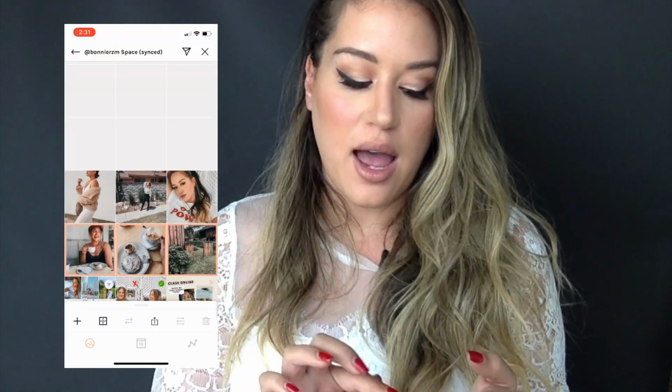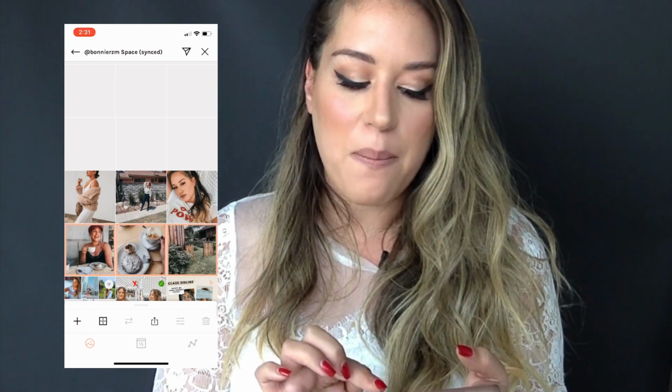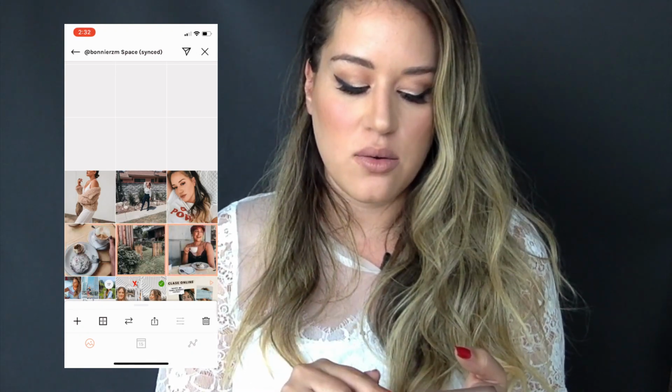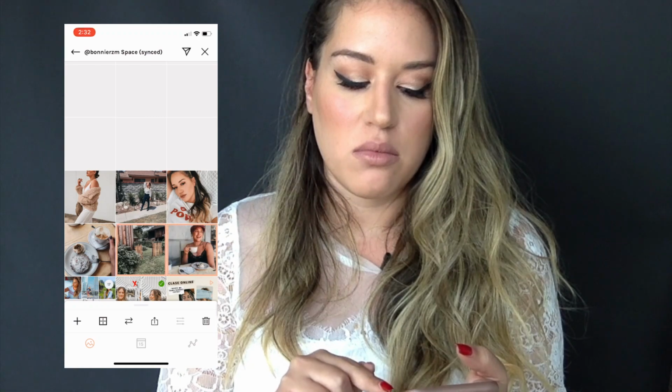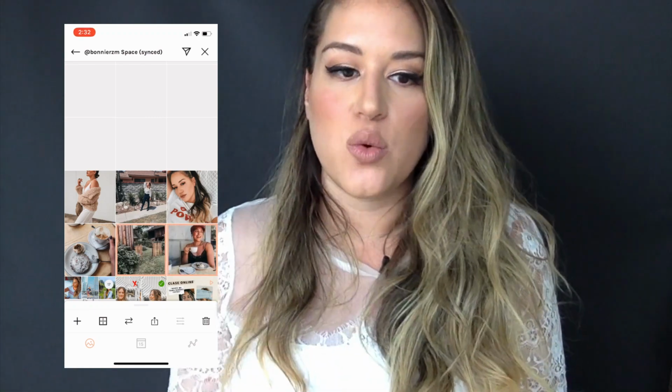To show you the next tool, I'm gonna try with new photos. Okay, so here I added a couple of personal photos. This next tool is actually cool to experiment with. I can select 3 photos, or a minimum of 2 photos, and then hit the third icon. It's gonna mix them up a little bit, or I can select 2 and see which one I like next to another.